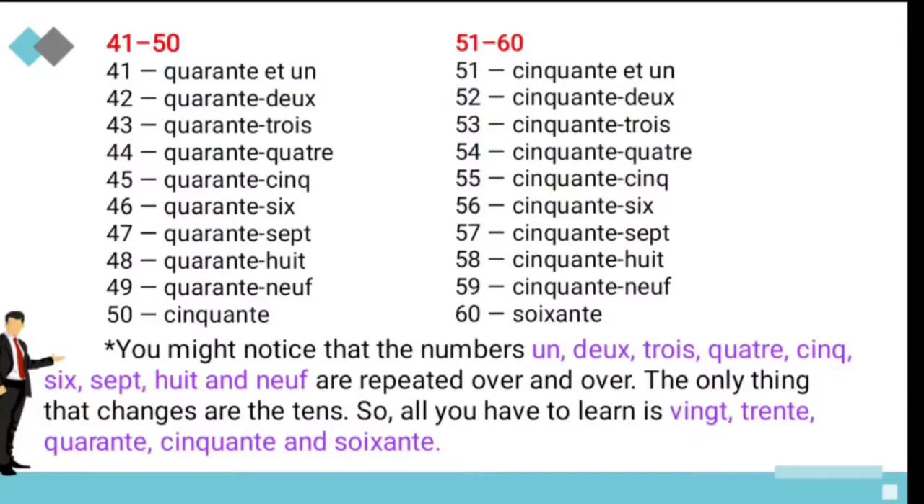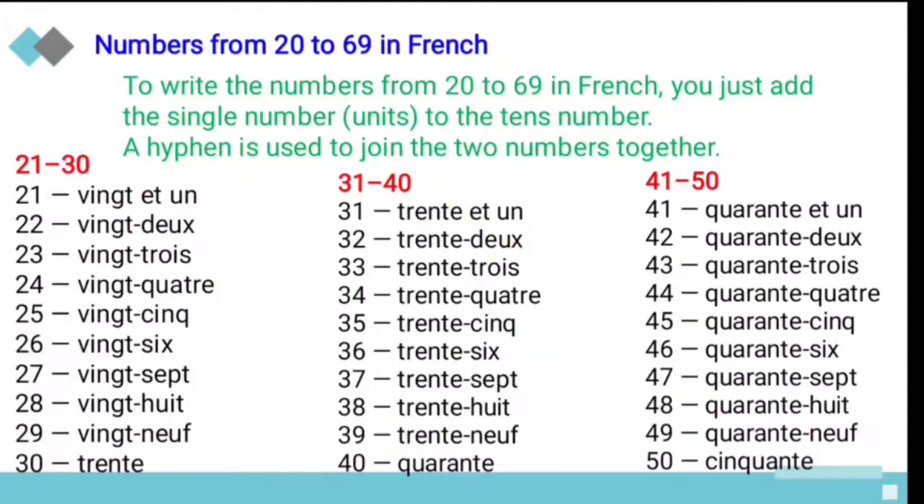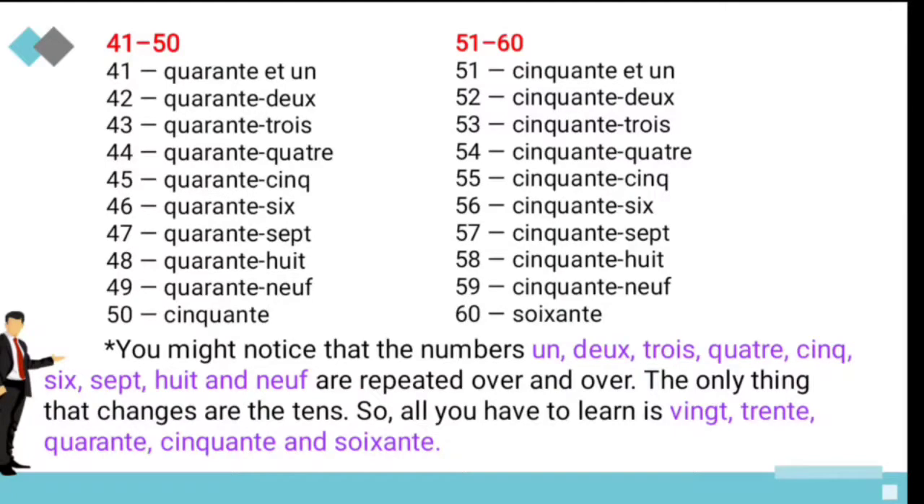And 41 to 50, 40 in French, that we have seen here. Let us move to 51 to 60. 50 in French is cinquante. 51, 52, 53, 54, 55, 56, 57, 58, 59, and 60. So you might notice that the numbers 1 to 9